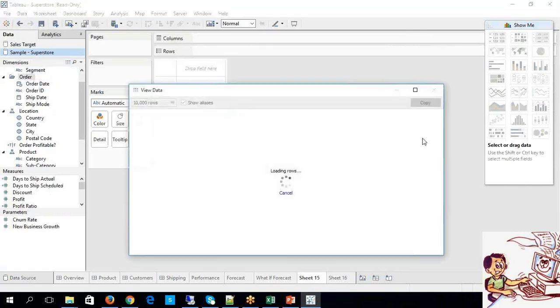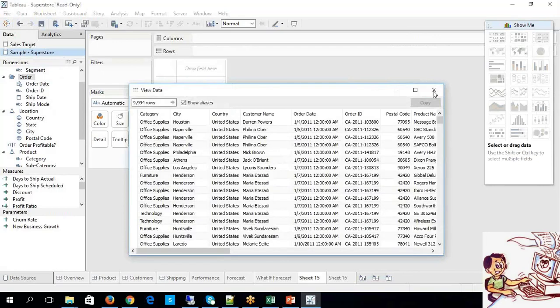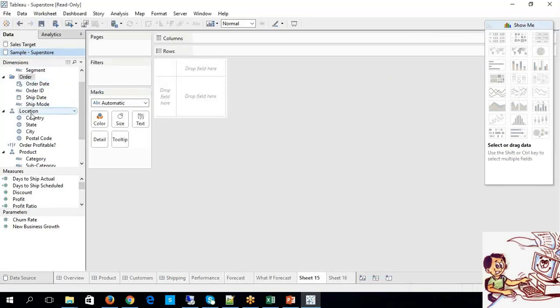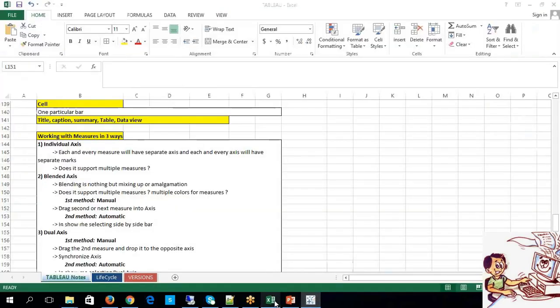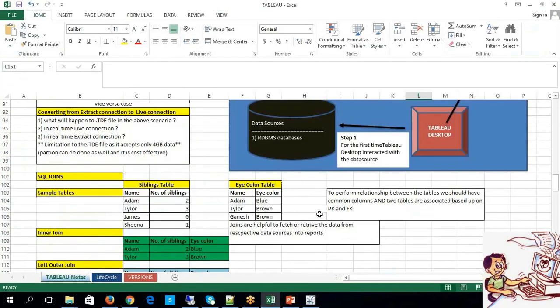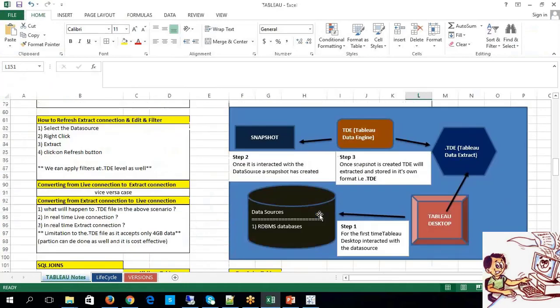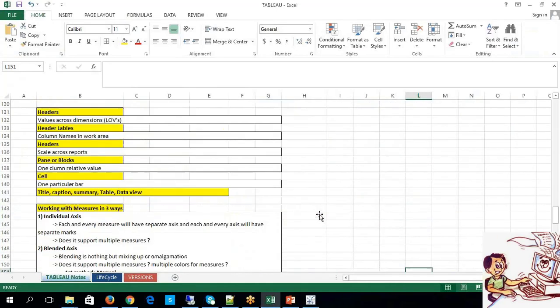Look at this. Whatever you are seeing here, this is the data. I mean to say, this is the order table, location table, product table. Tables are being called what? Data subsets. These folders are nothing but tables, guys. These tables are nothing but data subsets. I think I already explained that to you, right? So you are going to work with all those things from now onwards.